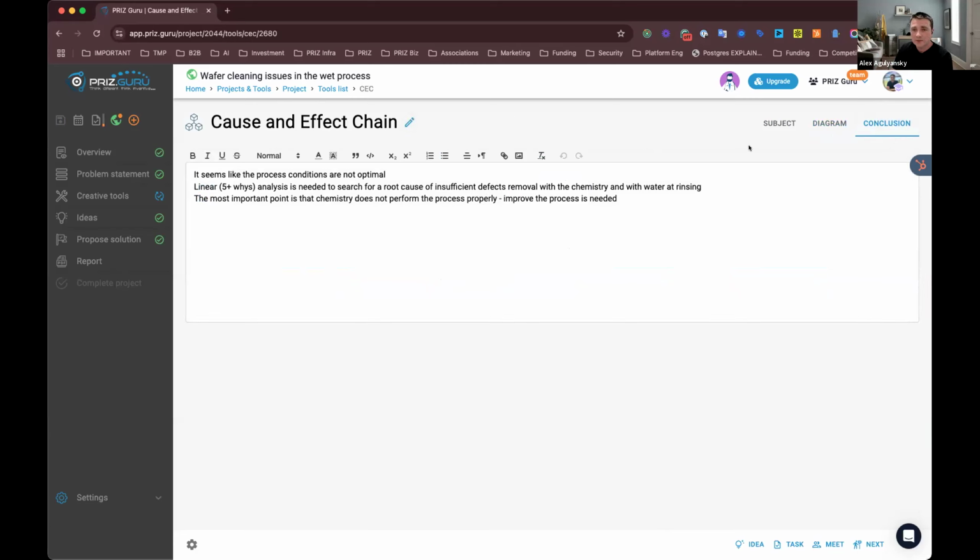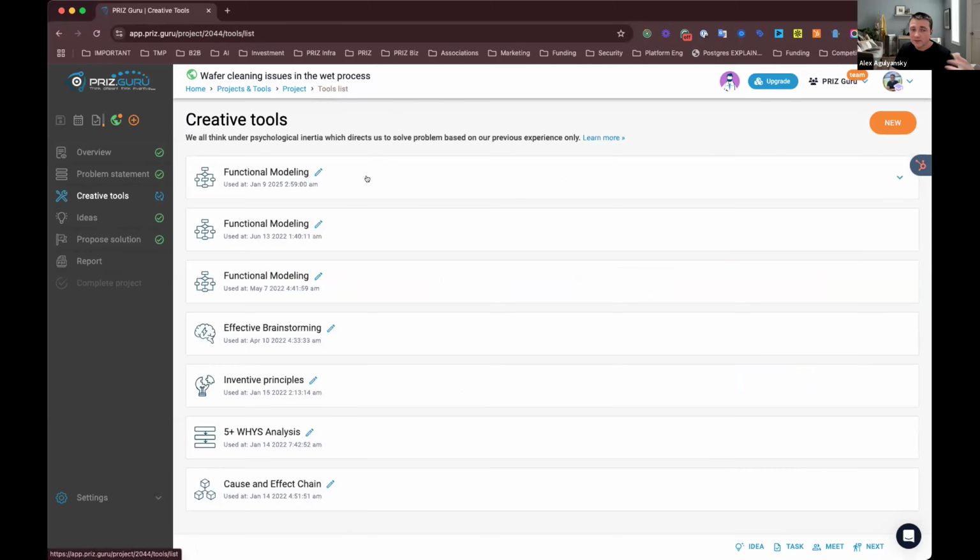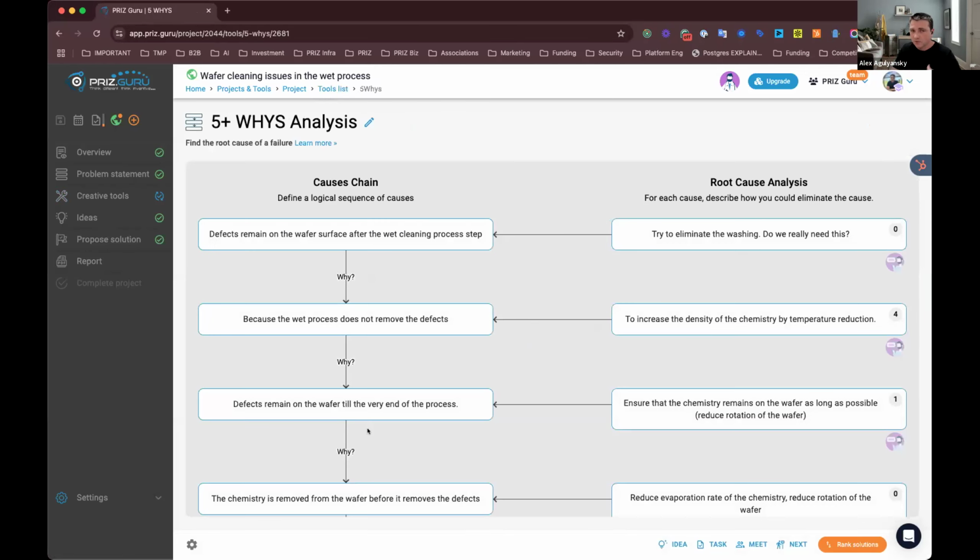Now, one of the concepts we also write a lot about is this: once you have this more holistic view of the cause and effect chain and potential failures, we want to dive into one of the branches that we think has the biggest potential for finding the root cause, and analyze it with a different tool called 5 whys, or as we call it, 5+whys, because we never try to restrict people to specifically 5 things.